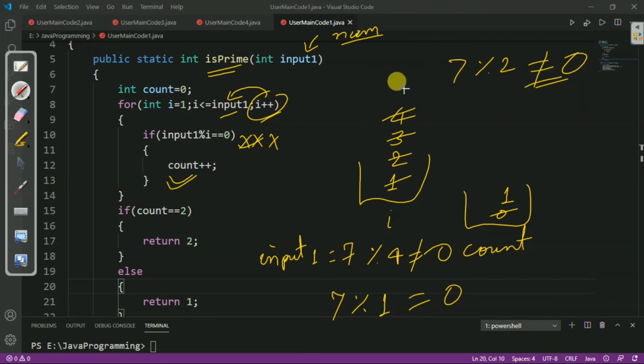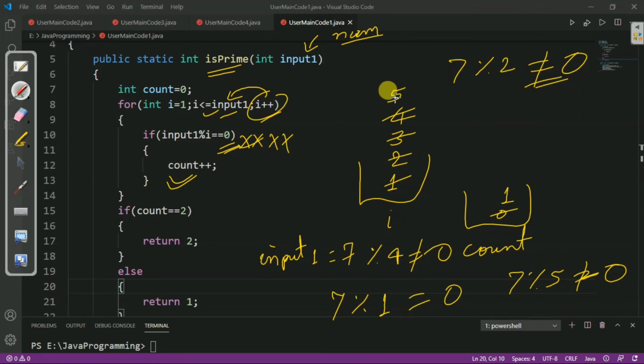So now this time i becomes 5, and we check the condition: 5 is less than or equal to input1, and we know that 5 is less than 7, so the condition is true. We will again enter into the loop and check if input1 modulus i equal to 0, and we know that 7 modulus 5 is not equal to 0, so this condition will again be false, and we will again